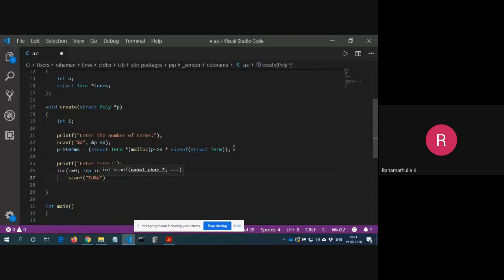You need to read two things, coefficient and exponent: p arrow terms i dot coefficient, p arrow terms i dot exponent, right? So first I'm reading the number of elements in the polynomial, then you allocate that much memory, then you read each term one by one and assign the coefficient and exponent to the corresponding terms. That's it.